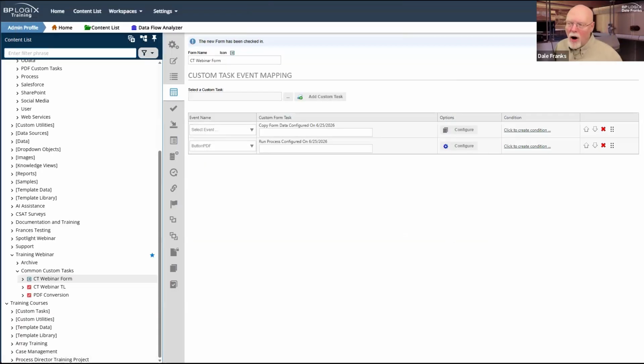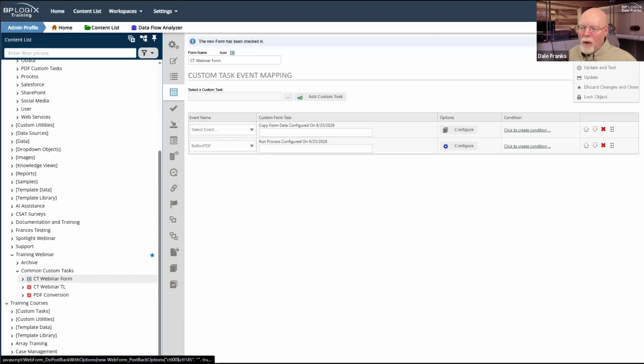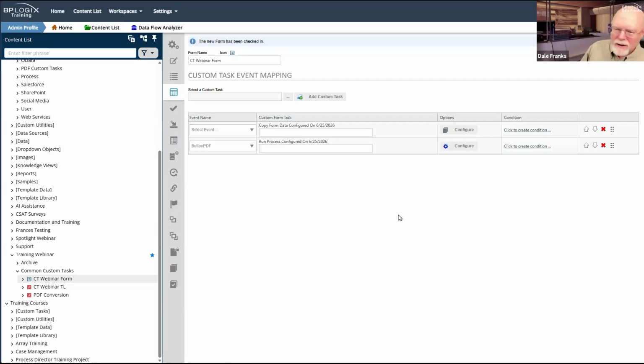Same thing applies now on the form. So if I have a button on the form, when it runs, all I have to do is click the button. When I click the button, it's going to invoke my sub process. And in this case, it's not really even a sub process. It's just a separate process that is just going to do the conversion. It's kind of a sub process, but it's an asynchronous sub process. It's just going to go offline. It's going to do the PDF conversion. And whenever that PDF conversion is done, it's just going to go ahead and punch all of its attachments back up to the parent process. At least that's the default behavior. And my converted PDF will automatically be attached.